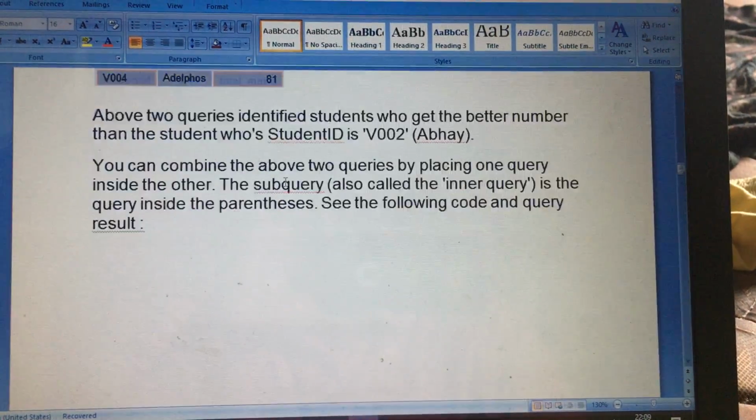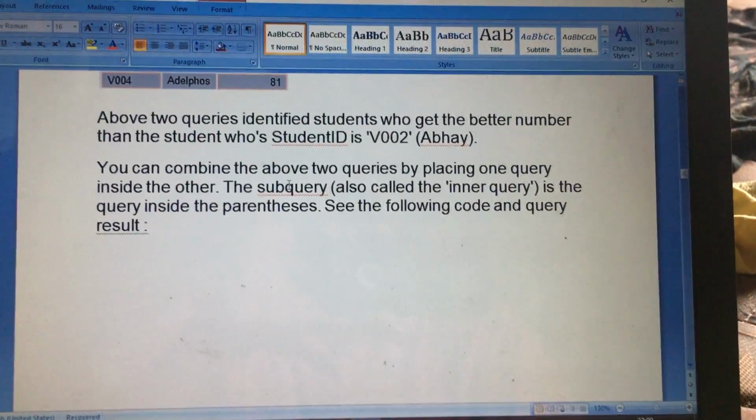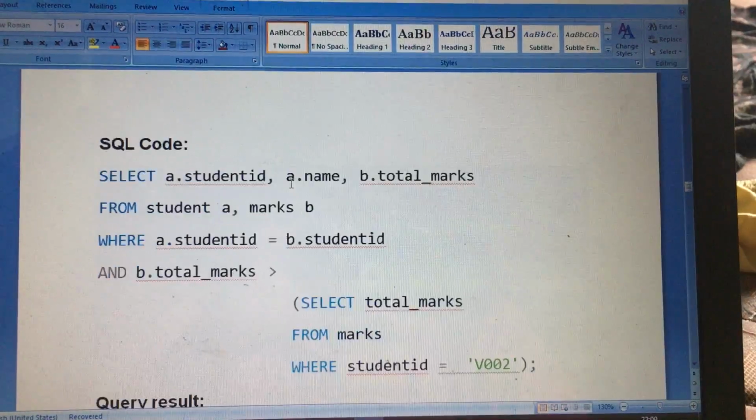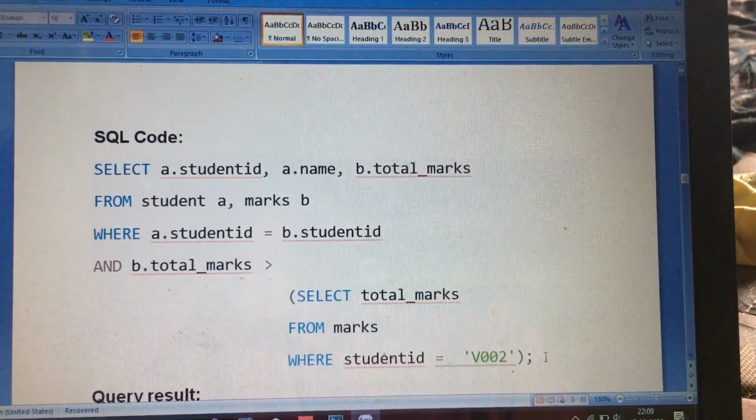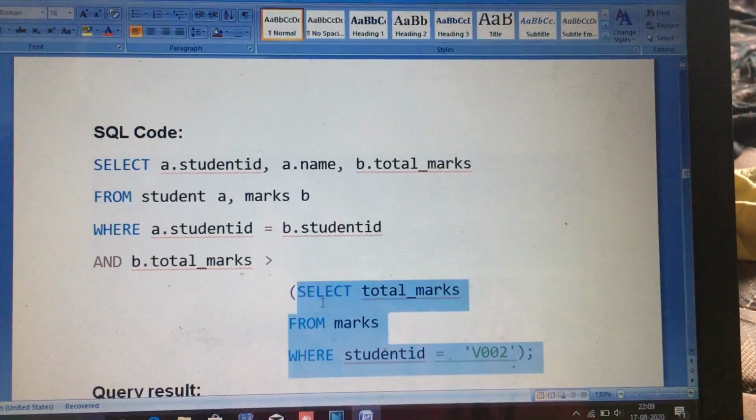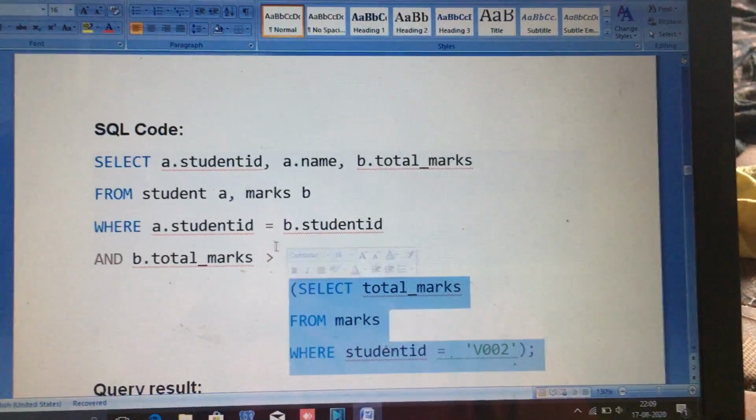But by using a subquery, how can we get the same result? We will see this query. Here we have written a subquery. This is one inner query and this is one outer query.